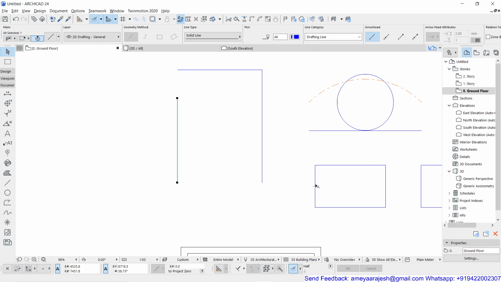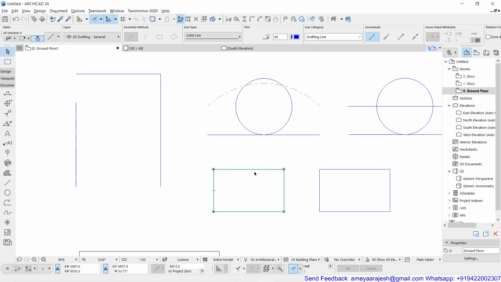For example, if this is a rectangle, which is supposed to be my group member, and I want to rotate this and make it vertical, but by keeping the center of this rectangle as my base point. How can I do that? Just select the object, as I've already selected, press Control E, that is my hotkey for rotate.